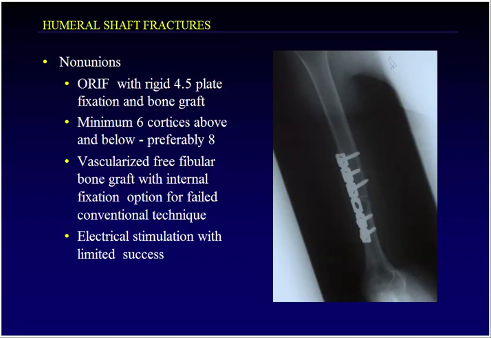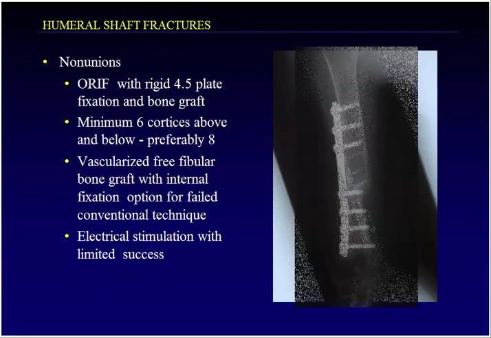I assume this is a humeral shaft non-union. This plate is nowhere near as strong as a 4.5 millimeter DCP, and this would not be the best treatment for this humeral shaft. You can also consider, if you have significant bone loss or a segmental defect, a vascularized fibular graft, and electrical stimulation with an implantable electrical stimulator has been shown to have some limited success in treatment